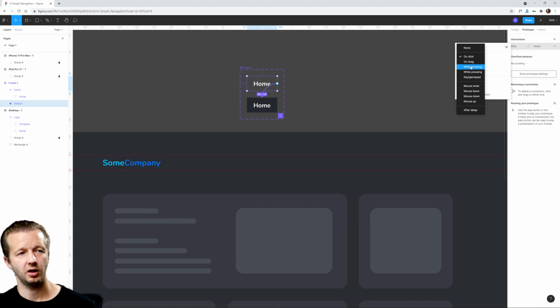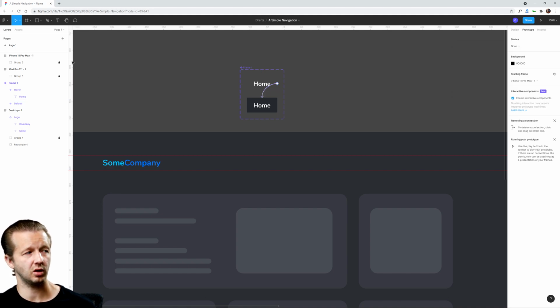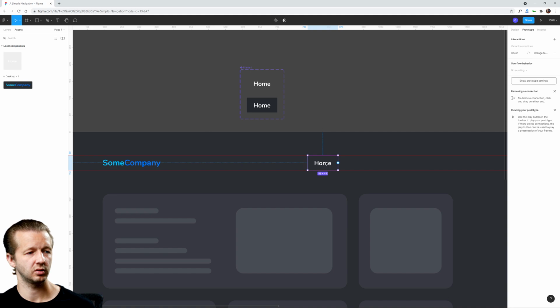Notice all these other options that we have for triggering different design changes. So we're going to choose while hovering, and we're going to change it right here, change to property 1 hover, which we already dragged over here. You can have animations like instant, dissolve, smart animate. We'll get into these things in the future, but we're going to leave it right there for now. Now, if we want to get this onto our artboard, we come to our assets section, and we're just going to drag this over, and there we go. So now, if we click on play right up here in the upper right corner,